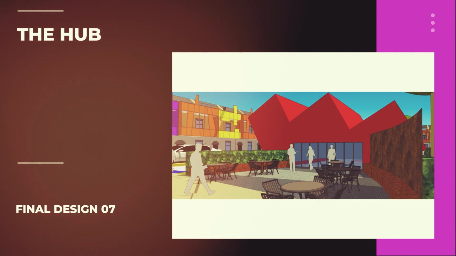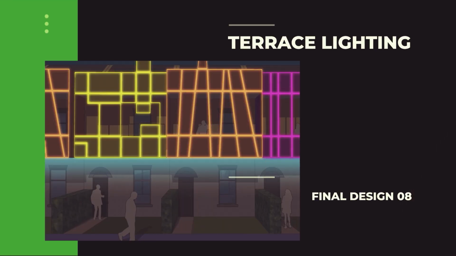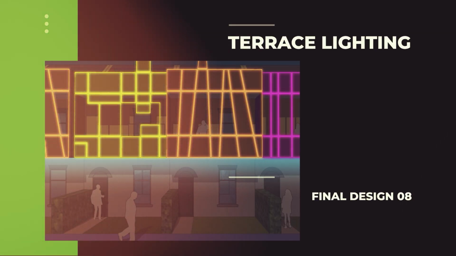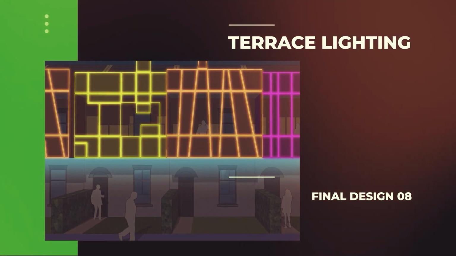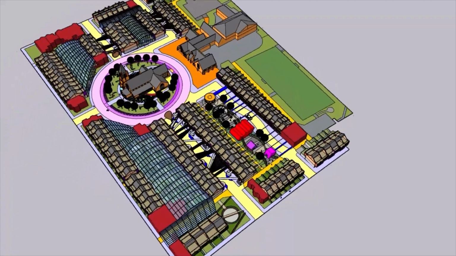The Cafe Hub serves as the community social focal point of the project. It will hold community meetings and events that support the development of the project. The new facade extensions use strip lighting to enhance their identity and safety at night to promote engagement. The church is also enhanced by strip lighting which highlights the existing architectural features to create identity at night.